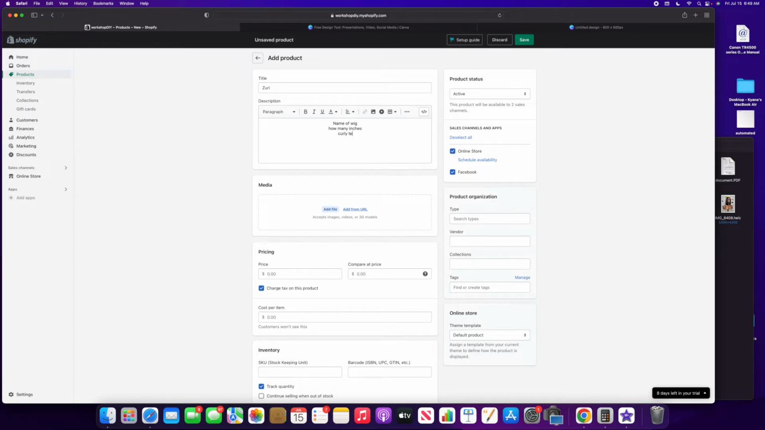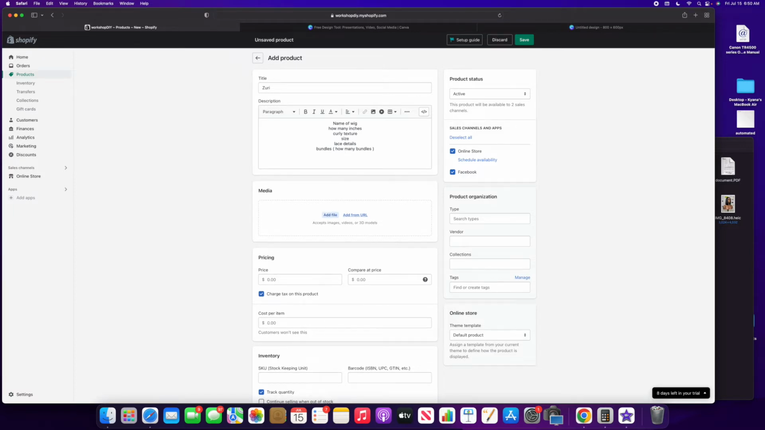Curl texture. Size, lace details, bundle details, as in like how many bundles, right? And then we're gonna do, so that's the name of the wig, how many inches, curl texture, lace size details, lace details, bundles. You can even go into more details on can it bleach,